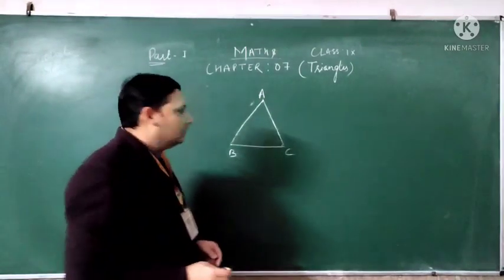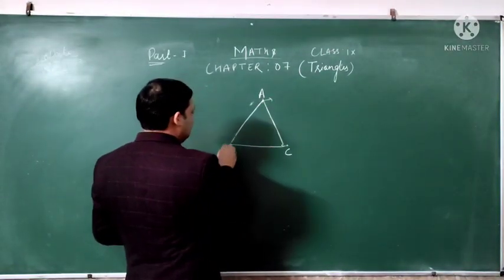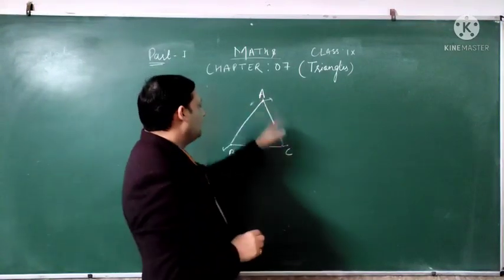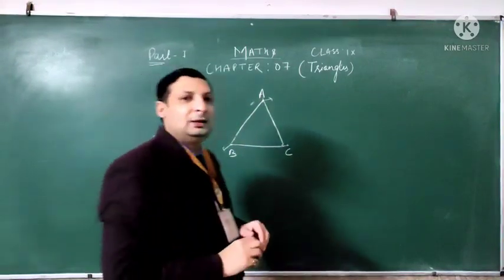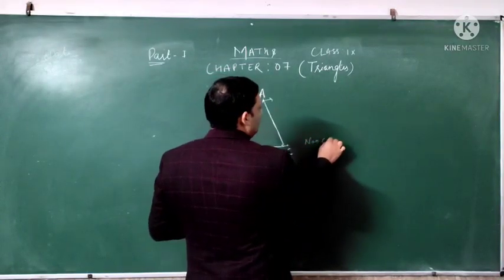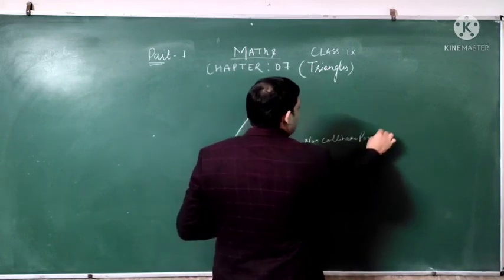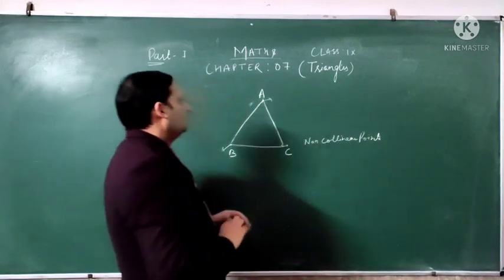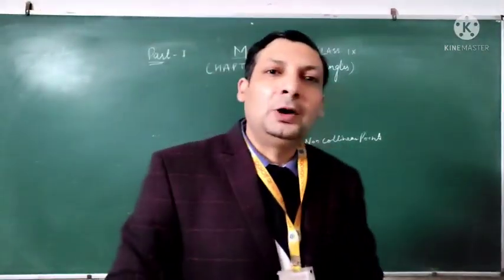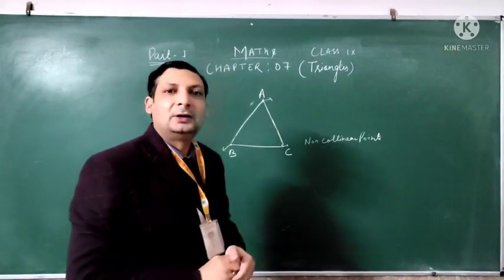Can you tell me what is the name of these points? Point A, point B, point C. Point A here, point B here, point C. What is the name of these points in the plane? These points are called non-collinear points. So my dear student, when we join 3 non-collinear points, it will form a closed figure. That figure is called a triangle.